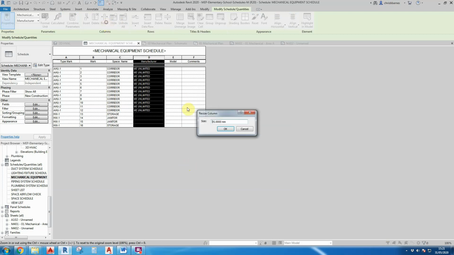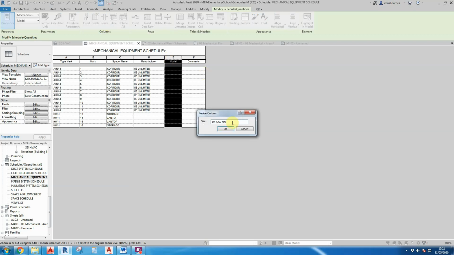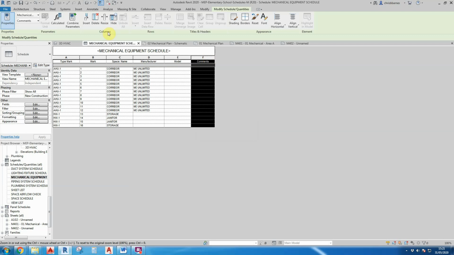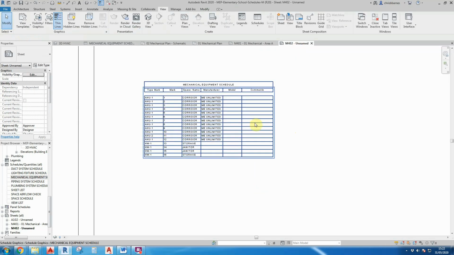Now obviously we want to keep this one a large one because we've got greater text. And then comments, it's better to have these a bit larger so you've got more room. So now when we look at this, we can see that this has been adjusted accordingly and they're all fixed dimensions. And if we drag on another one, this one for example,